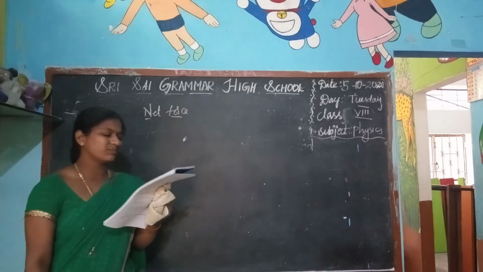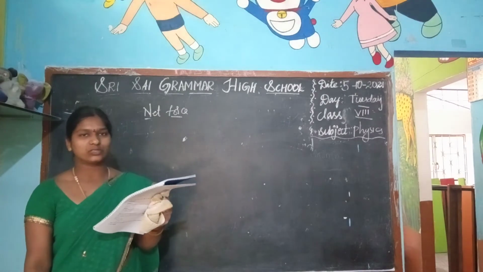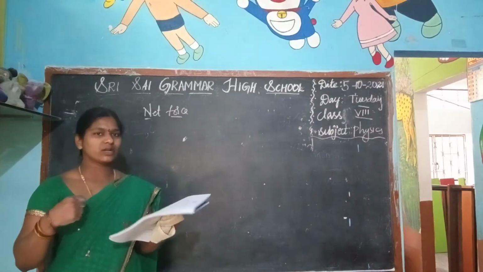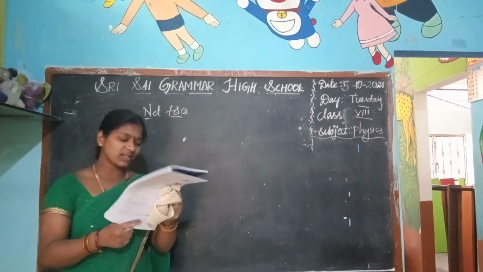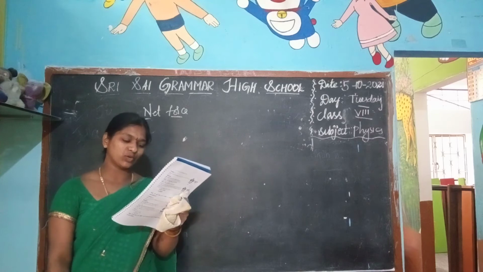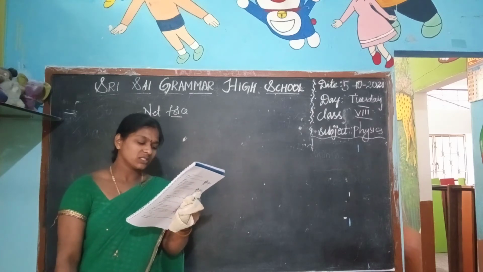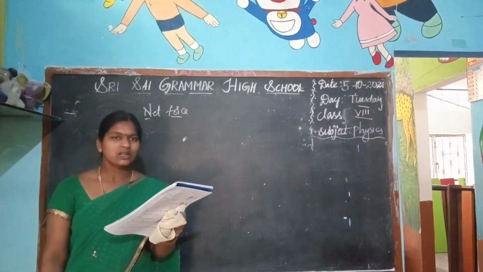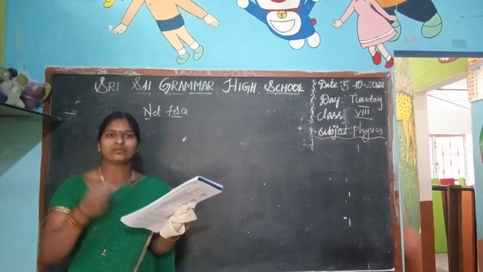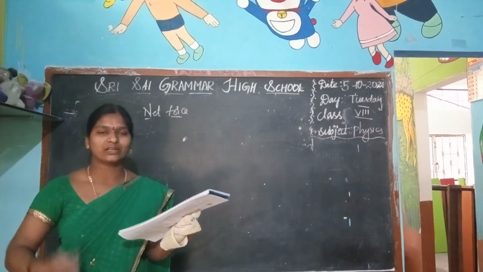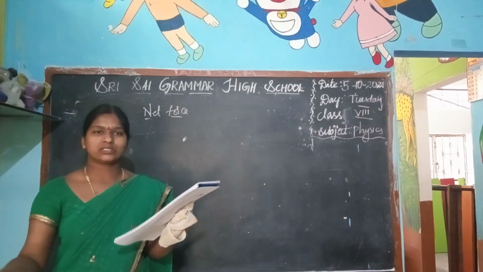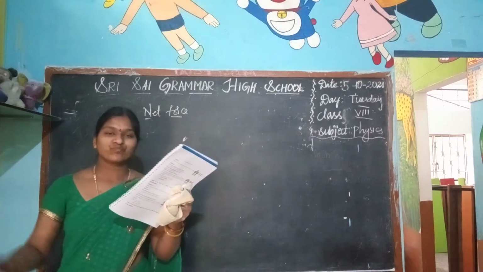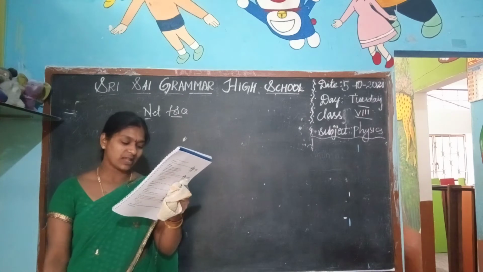Let us see how net force acts on a body. We have learned this in the previous class, and I am going to repeat it now. In the previous worksheets, we learned about net force acting on a body. Do you know how to calculate it? We should identify which forces are acting and how the body is moving. Now, what is the net force on a body if two forces act in opposite directions or in the same direction?